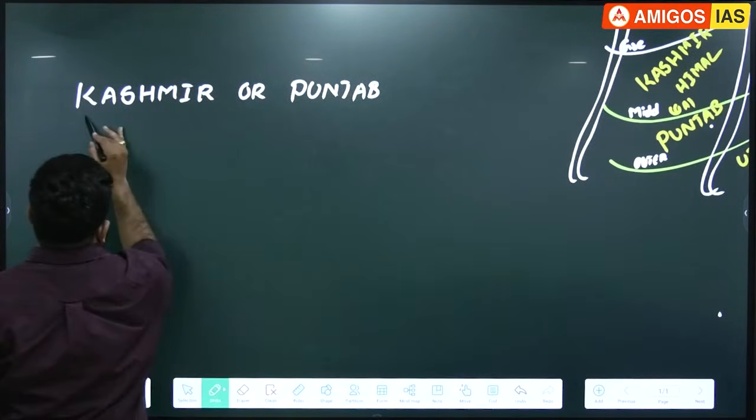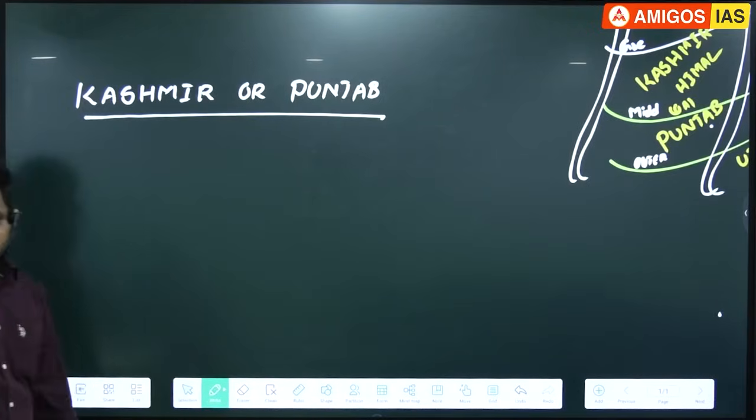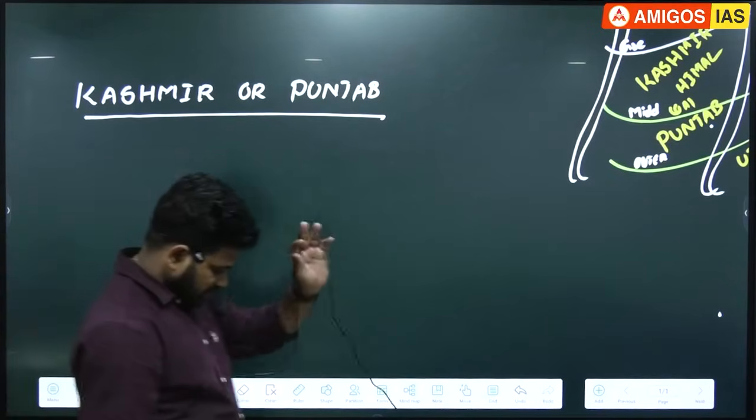Punjab Himalayas. Okay, okay, these are the Himalayas present between which rivers? Indus and Satluj. Write down. These are the Himalayas